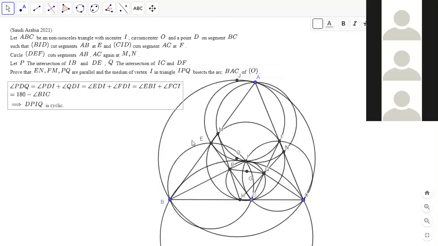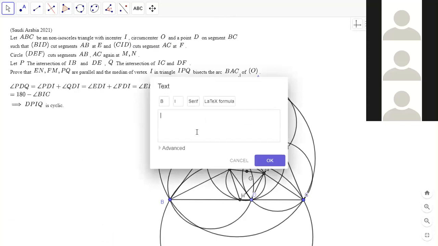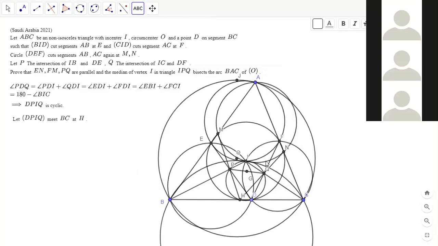And then, let the circumcircle DPIQ meet BC at H. Then we want to show that all these points lie on a circle. So we draw the circumcircle D. We want to show that H lies on that circle, right? But that's probably